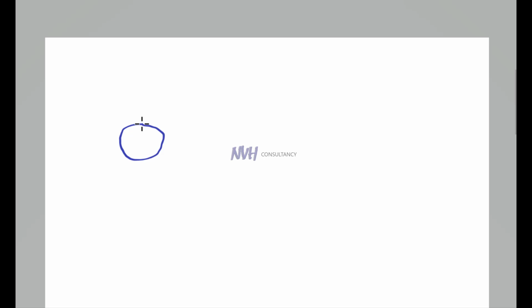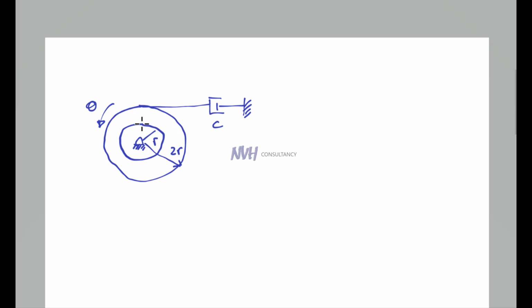This is the inside pulley, which is pinned. The radius of this pulley is R. There is an outside pulley with the radius 2R, and this pulley is connected to a damper which is represented by the damping coefficient C, and this pulley will turn theta angular displacement in radians,